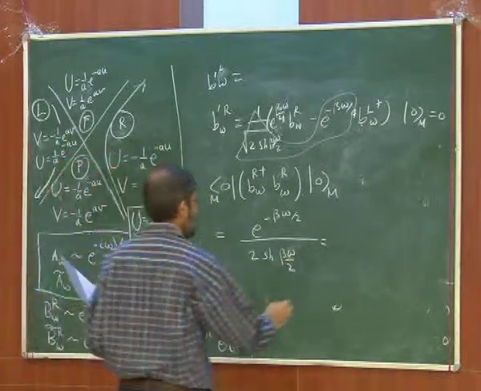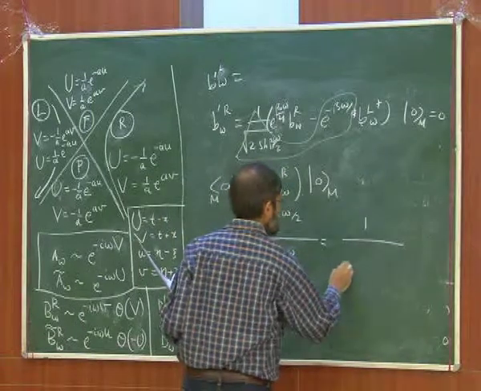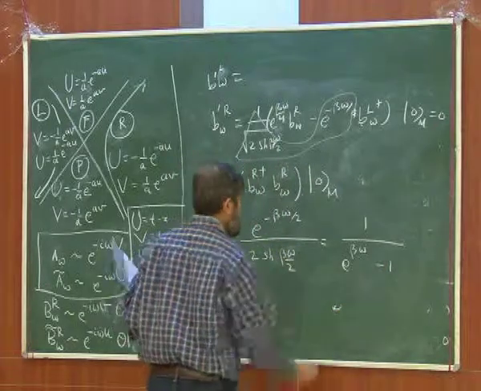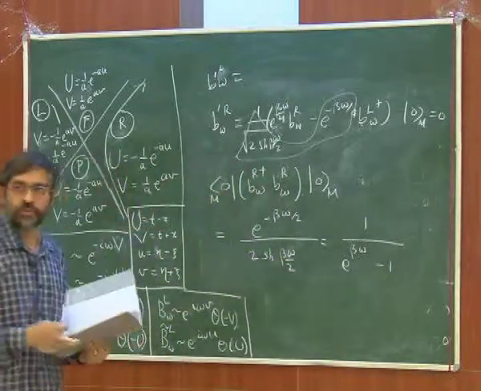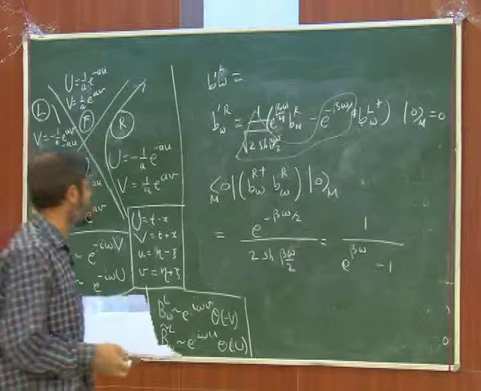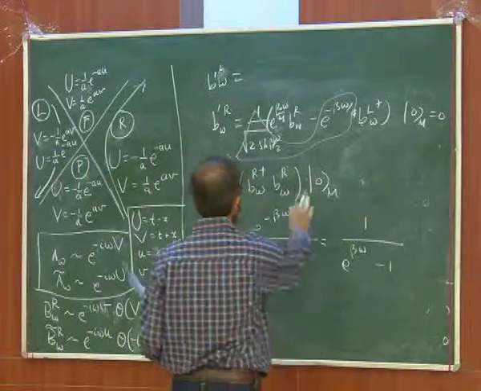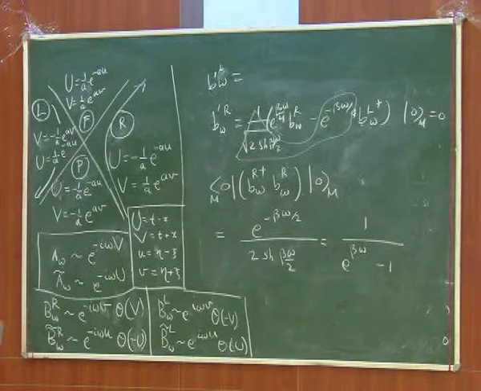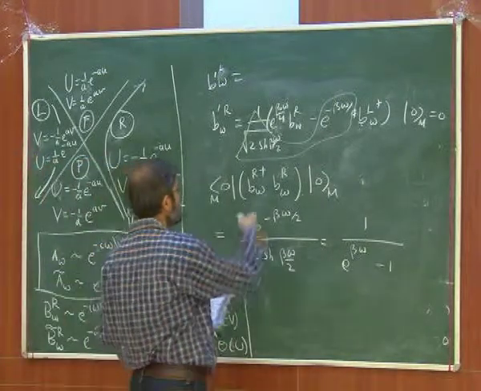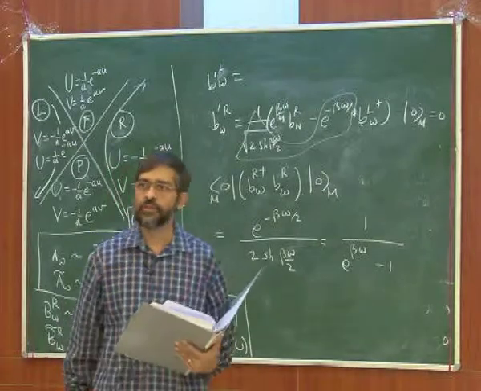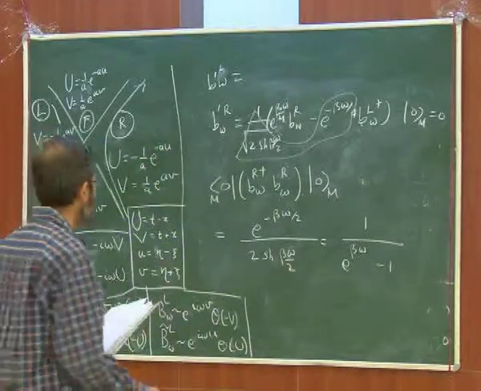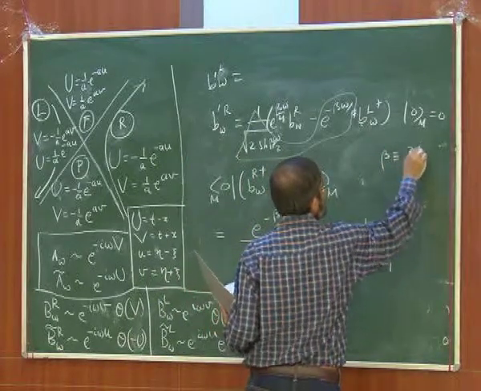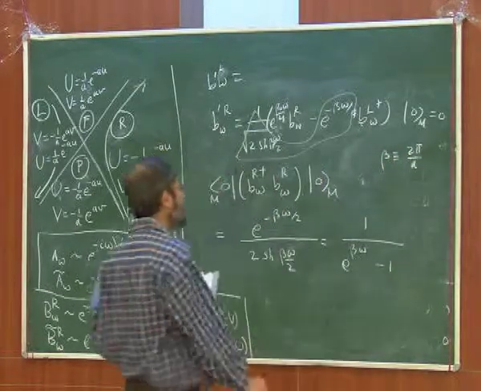And it's not difficult to see that this is the same as e to the power beta omega minus 1. So that's the Planck distribution. Therefore, the Minkowski vacuum looks like a Planckian distribution of Rindler particles. Here beta we had defined just by fiat to be 2 pi over a,